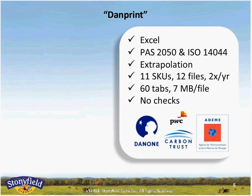So what is Danprint? Danprint is an Excel model. It's basically a model that was built internally by Group Danone that covers the life cycle of a product. It refers to PAS 2050 and ISO 14044 rules. The methodology was peer reviewed by PwC, the Carbon Trust, the Environmental Ministry, and basically what we've